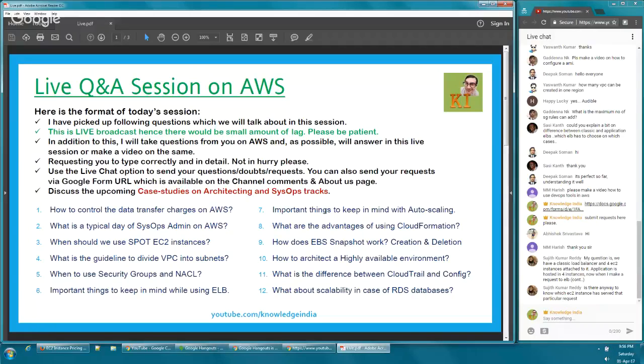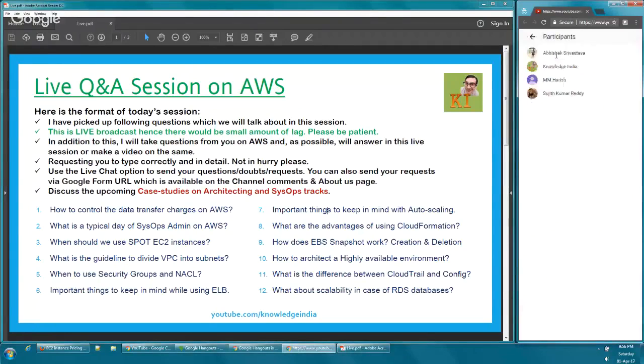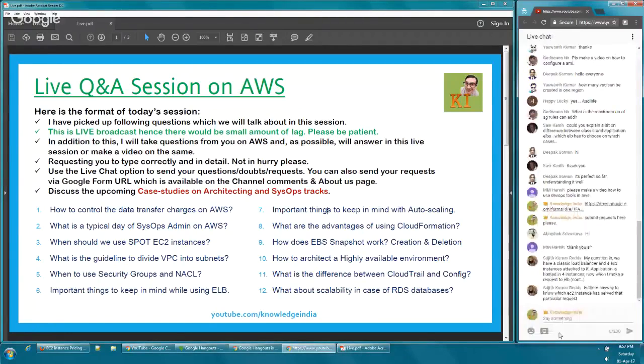Another important thing in case of auto scaling is the rule says scale out early, scale in slowly, right? So if I'm defining a scale out policy, which is there to add instances, like if average CPU utilization is greater than 80%, add one instance, right? So I'll say if average CPU utilization is greater than 80% for 10 minutes, add one